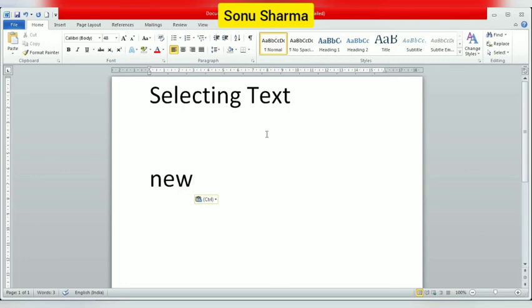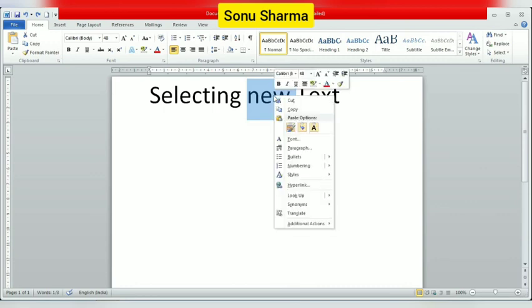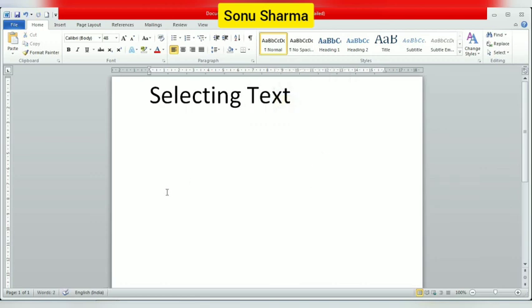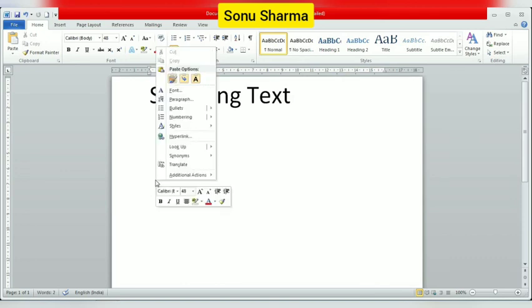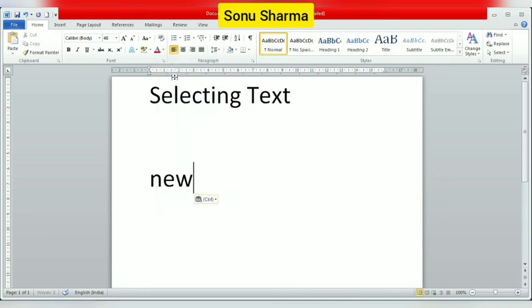And this copying and moving can be done by using the right click also. Okay, suppose I have selected this word new. Right click on this word new, and you can see here Cut, Copy, everything is there. If I click on Cut, it is cut now. Again, where you want to paste it, click on that area, and again right click in this area and click on Paste. So this is the Paste option. See, it is pasted. See, this word has been pasted here. So in this way you can copy and paste.